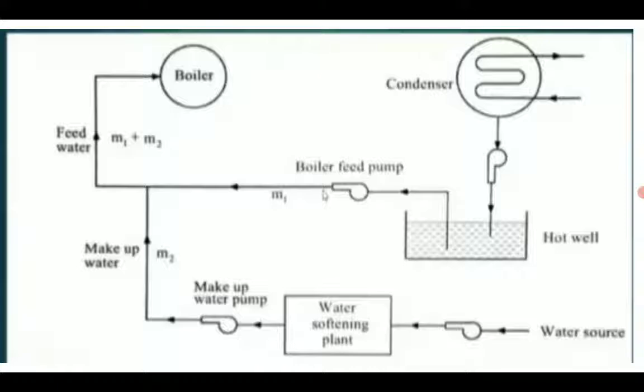and the condensed water is fed to the hot well, and from that by the boiler pump it is fed onward. The water which we get from the condensate pump after condensation we call the return water. So the feed water has two sources, that is the return water, and the other is the makeup water. Fine, I think you got that.